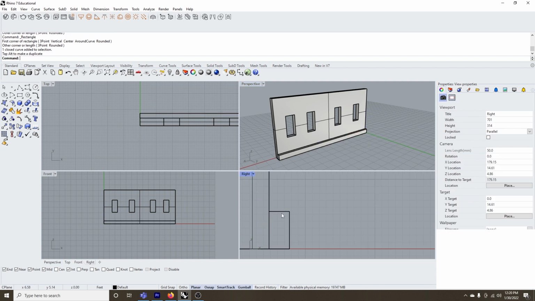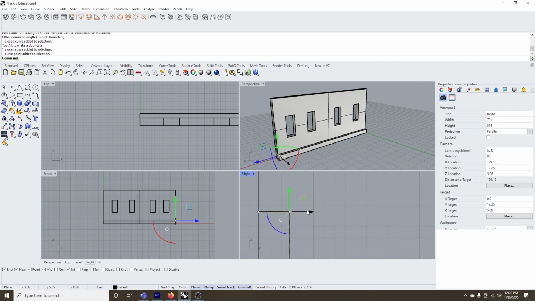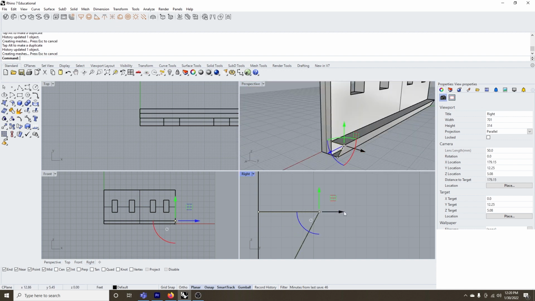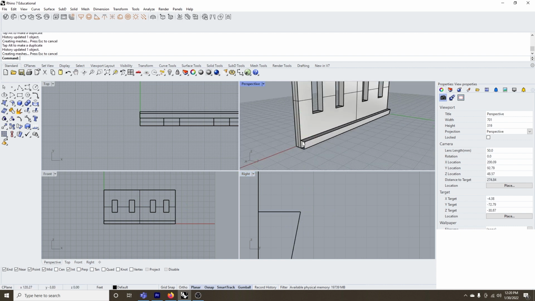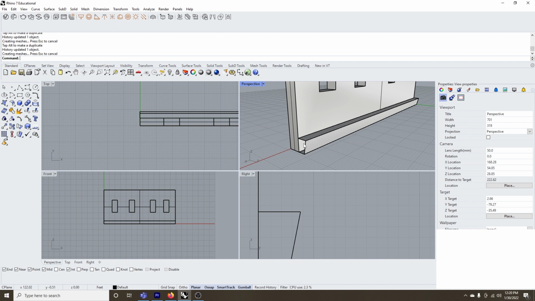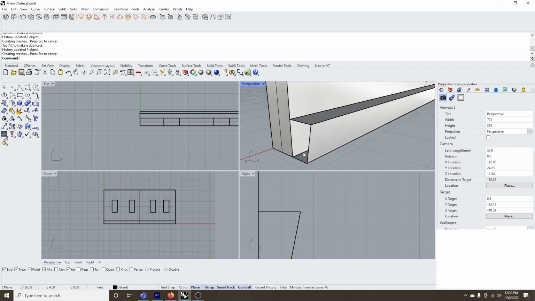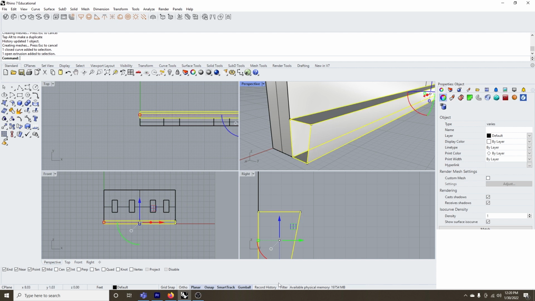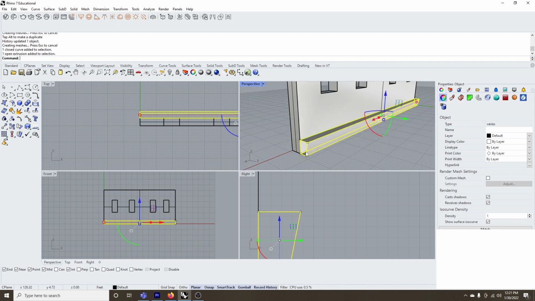And what you'll notice here is, because I hit record history, I can now edit the curve, and it edits the object itself. Now this is a really easy and flexible way to edit geometry. But unfortunately, when you do this and duplicate it using blocks, it doesn't remember that record history function. But what we can do is select the curve and the geometry and then hit record history again,